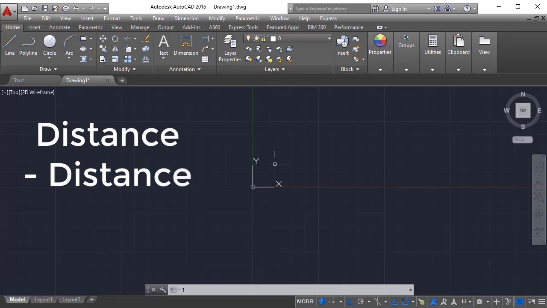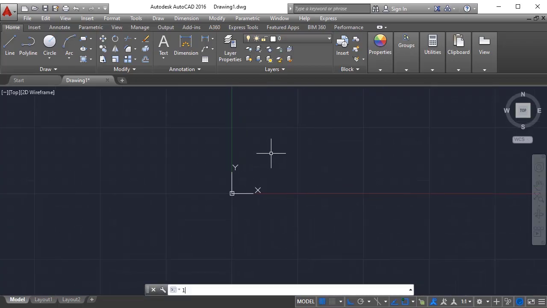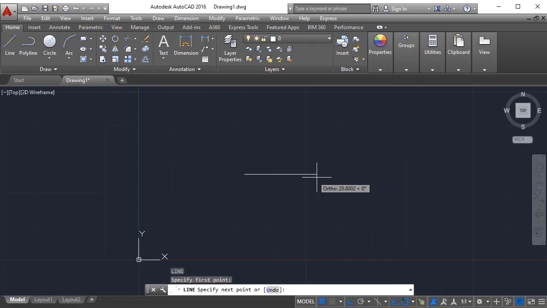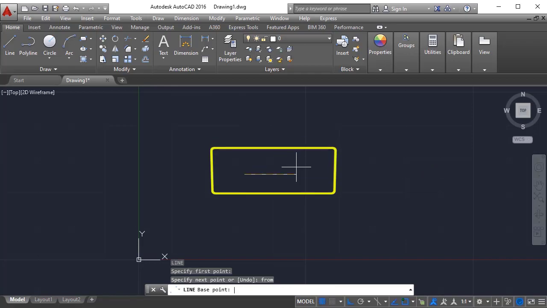Fourth method is the distance method. In this method I am using a line command. If I know only horizontal or vertical distances, then I need to use the from command. For this one I have switched on the ortho, which is known as function key F8. Ortho means we will get straight lines only in x and y directions, not angular lines. So for this one we need to use this method, and I need to use one shortcut command, that is from, F-R-O-M, enter.